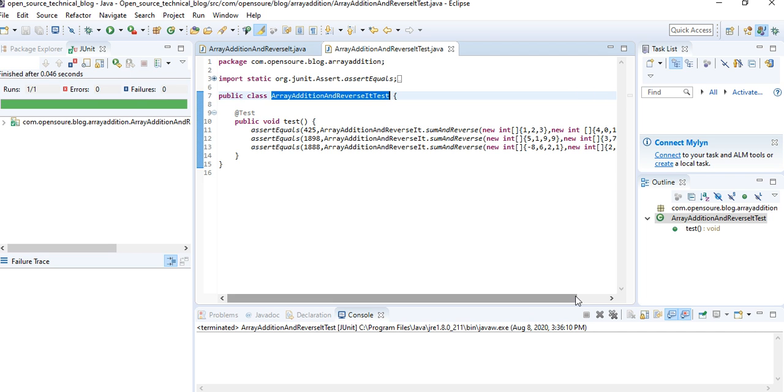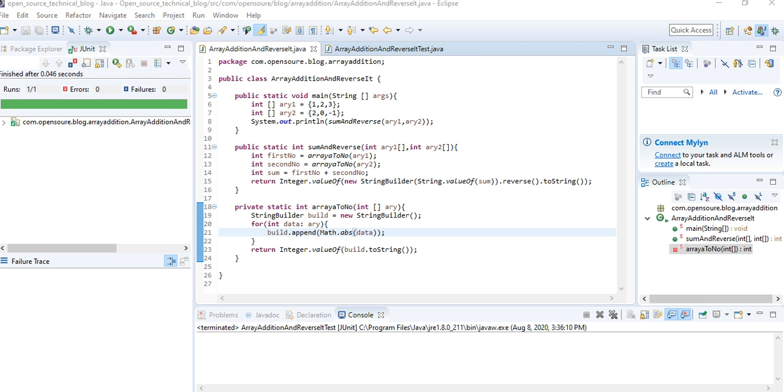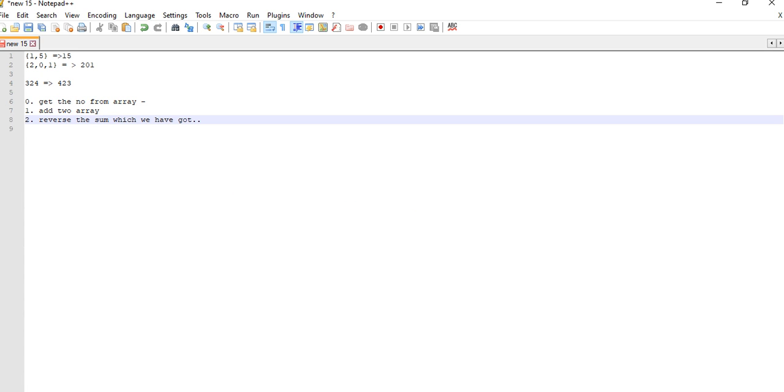As per our test cases, you can see we have taken different combinations, minus as well, and some numbers. So this is how we can add two different integer arrays having different lengths, with negative or positive numbers, and how we can reverse the summation which you have got.